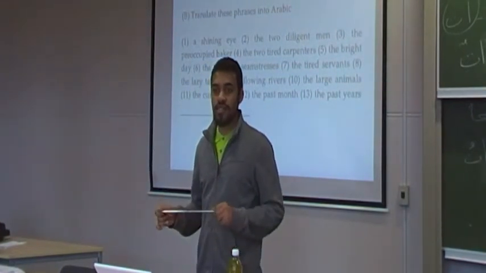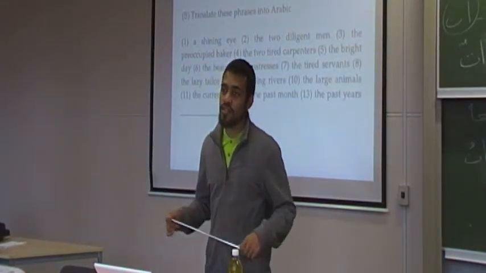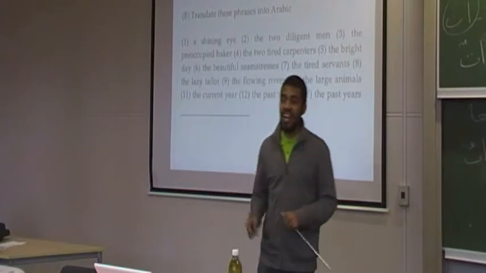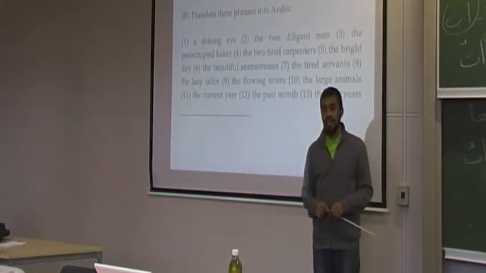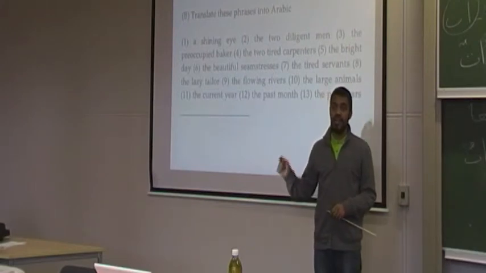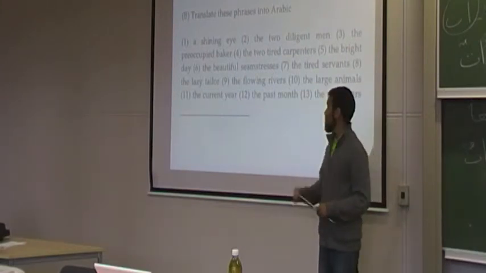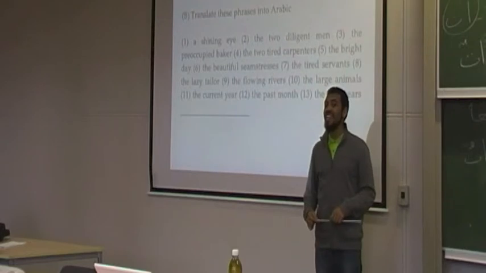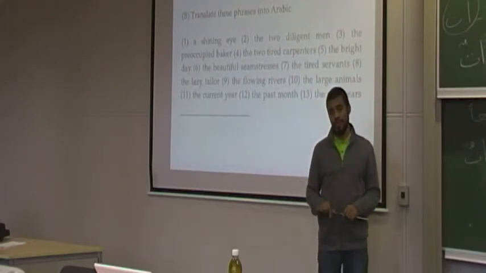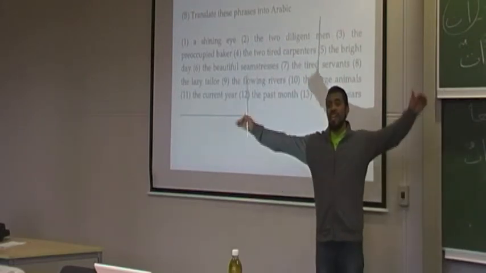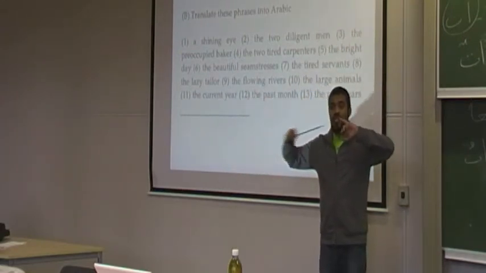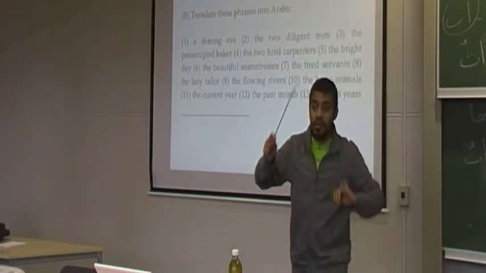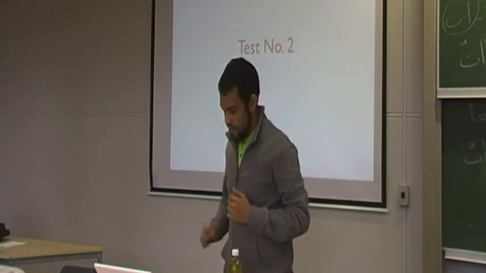The large animals? Animals are unintelligent. So when we say animals, we say al-hayawanat. Hayawanatun. Right? Hayawanatun. Definite, we will say al-hayawanatu. Right? And then we want to describe them as large. But because they are unintelligent, we must say al-kabiratu. Right? Very good. Now,